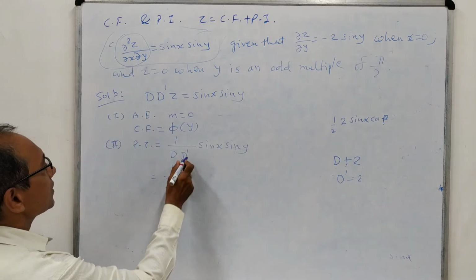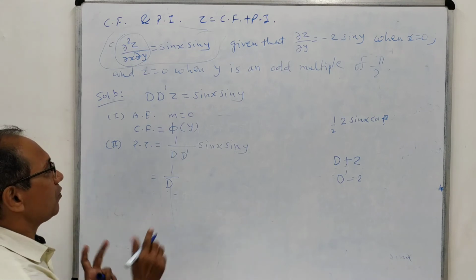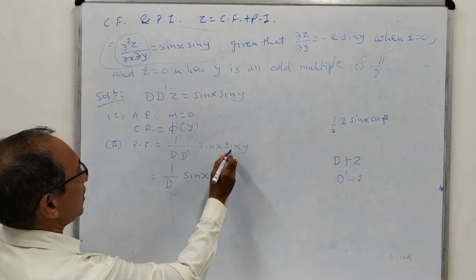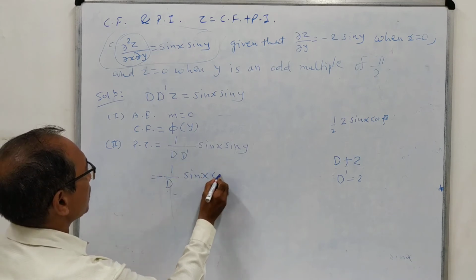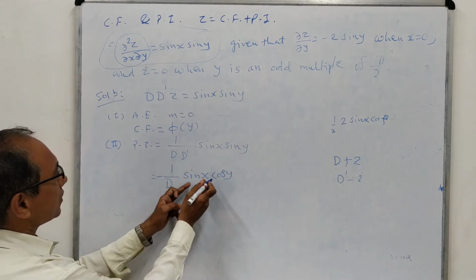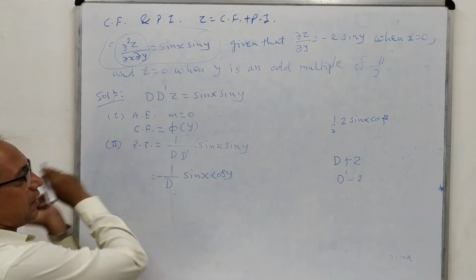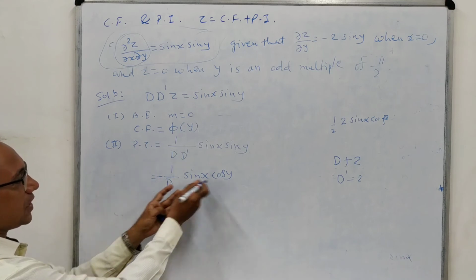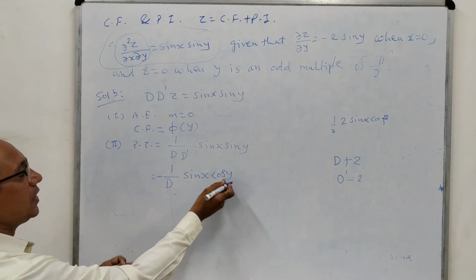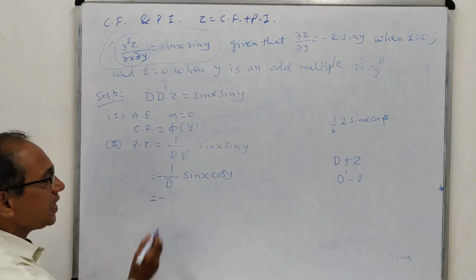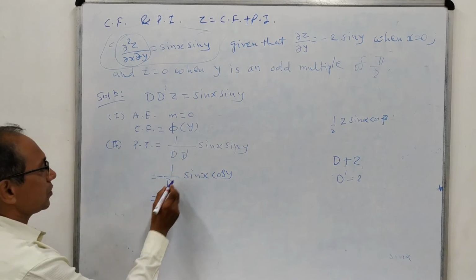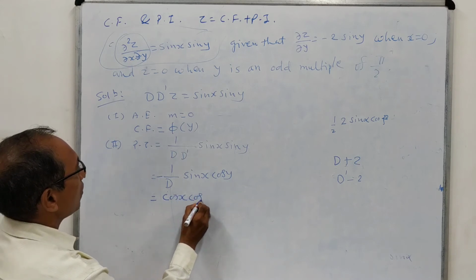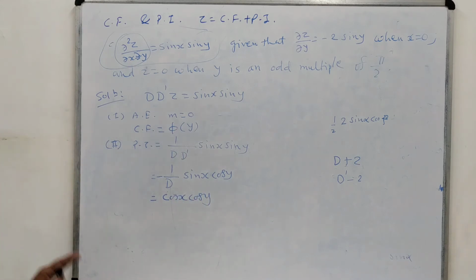So 1 upon D dash means the integration with respect to y. So when we integrate with respect to y, sin x is constant. Sin y has the integration minus cos y. Okay, sin x is constant. That does not mean that we will take it outside, because 1 upon D is resisting it. So we will write down over here only integration of this. And the 1 upon D is the integration with respect to x. So sin x is the integration minus cos x. So this is cos x into cos y. Okay, so this is our Pi.